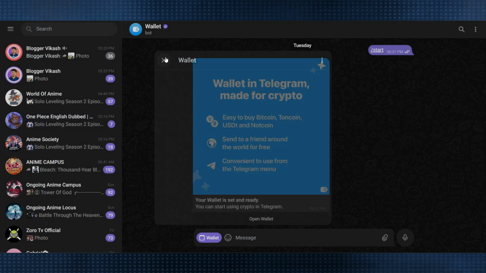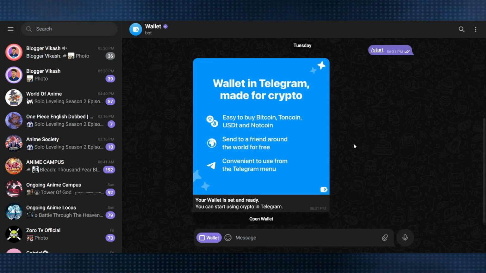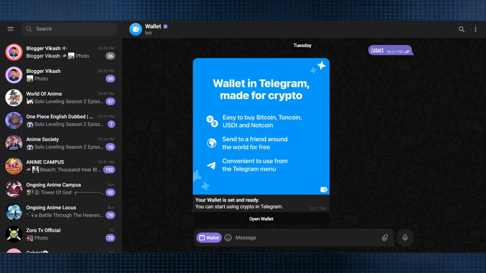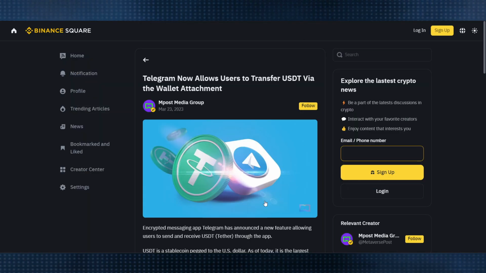So by the way, this is only available in the latest version of Telegram. So if you have the latest version, to access your Tron wallet, tap on send and choose the external wallet. Now copy the Tron wallet address from your Binance account. So just go to your Binance account here, and once here into your Binance account,